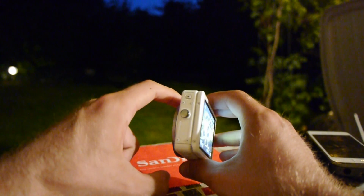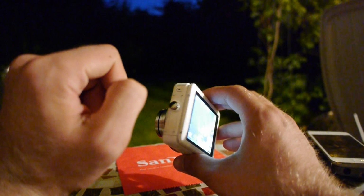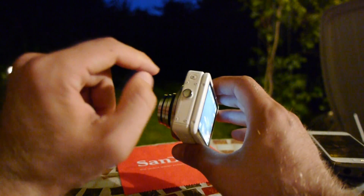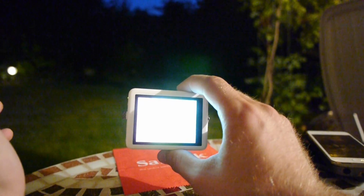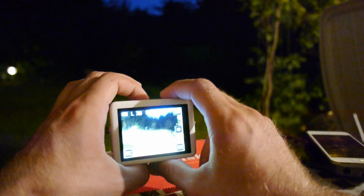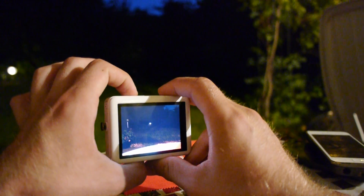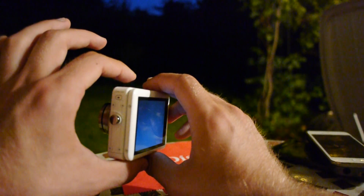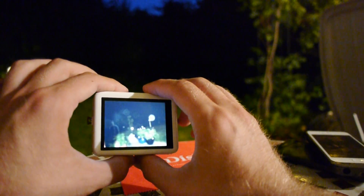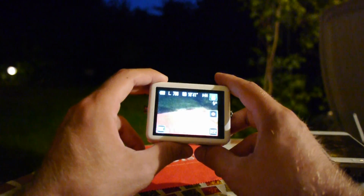So all I have to do is, I guess, turn it off and turn it on again, and then you can go right away here into the camera shooting mode, which turns on quite quickly. I like this about this camera. You can see that it takes about 1 second from pressing it to shooting the first picture, which I can do just like this. Of course, I have more of the table than of my garden now here in the picture, so let's just shoot another one right there. Which is blurry now because my hand was there in front of the camera,